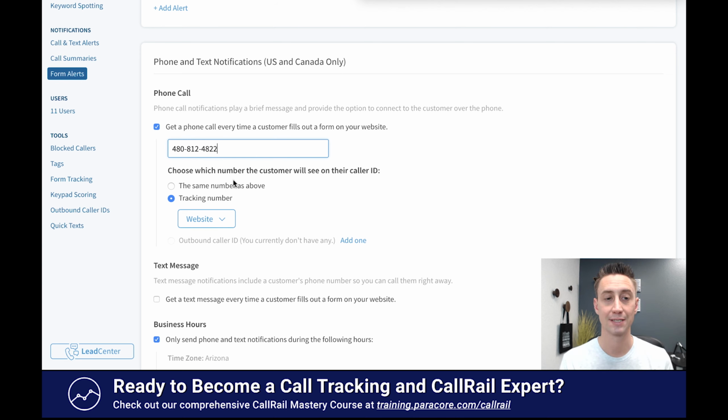So I want the customer to see the tracking number, or you can have them see your personal phone number or an outbound number. But we have them show the tracking number. So they're going to see a call inbound, and then once they answer, it'll connect the two of our calls. So that's pretty awesome. This is a really cool feature for people that are maybe business owners or salespeople that are on the go and don't answer their phone right away because they're in a meeting or they're just